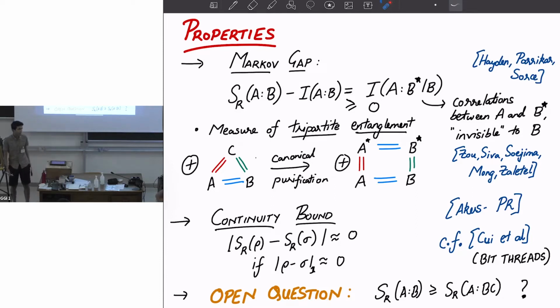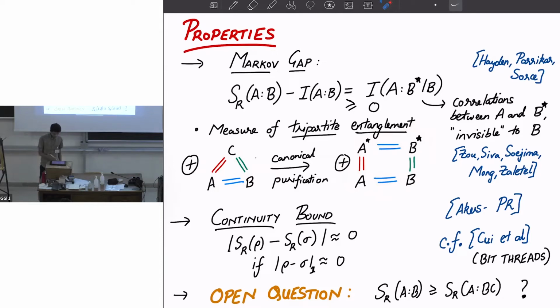The easiest way in which I think about it is it's some kind of measure of tripartite entanglement. So suppose you had a 3-party state between A, B, and C, and it had mostly bipartite entanglement. So it had some entanglement structure, which was Bell pairs shared between A and C, A and B, and B and C. And perhaps you can have some direct sum over such states. Then you can show that the canonical purification takes this particular form where it's now a 4-party state where the correlations between A and A star come from the ones between A and C. The ones between B and B star come from the ones between B and C. And the correlations between A and B are preserved as they were.